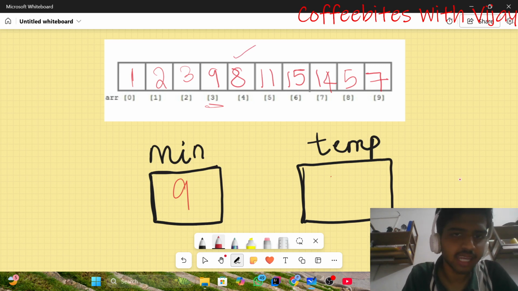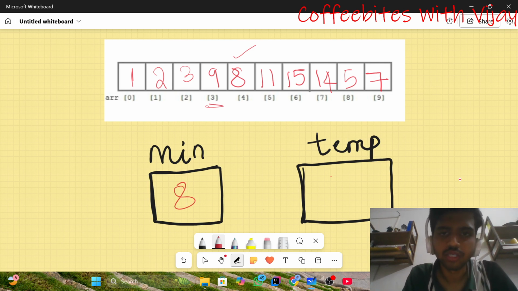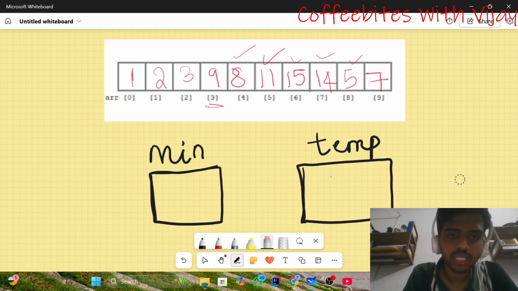Is 8 less than 9? Yes, 8 is less than 9. Then I'll remove this 8 and I'll add 8. Now I'll go to the fifth index. Is 11 less than 8? No. Is 15 less than 8? No. Is 14 less than 8? No. Is 5 less than 8? Yeah, this is true. And what I will do is I'll take this and I'll add 5 over here, and